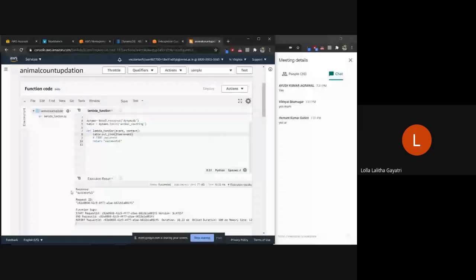Anyhow, so we don't want to manually add data like this, right? What do we want to do? We actually want to fetch the count from the database first, take the count, add one to it, and then put that back into the database. Yes or no? Do I have to add 1, 2, 3 like that into the database, or take the existing count, add 1 to it, and then add it back to the database,